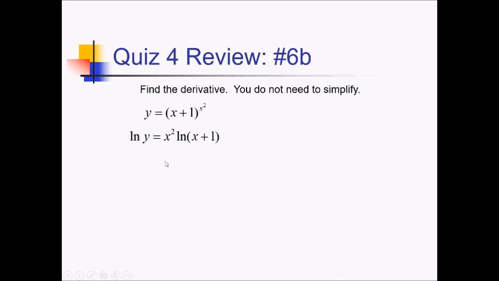Now I use impdiff to get going a little bit further on this one. So derivative of ln of y, that would be 1 over y times dy over dx. On the right side, I have a product rule. So I have x squared and ln of x plus 1. Derivatives are going to be 2x. And let's see here, this is going to be 1 over x plus 1 for that derivative,